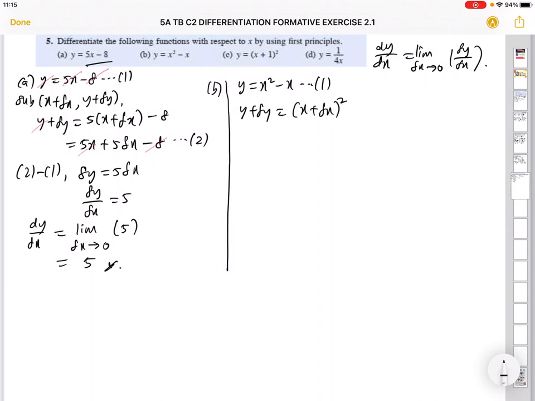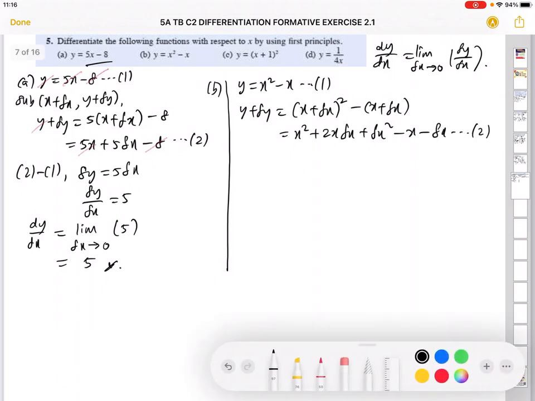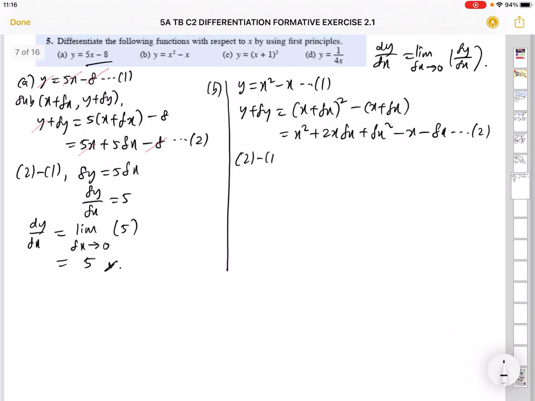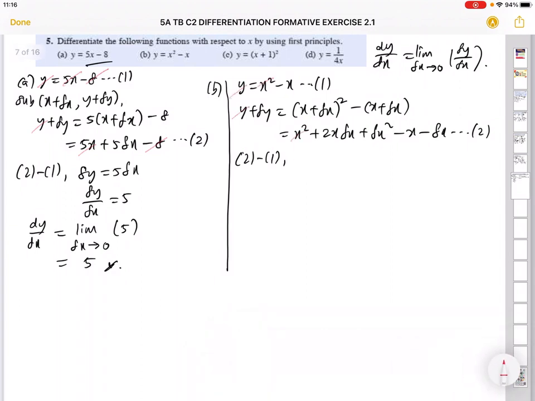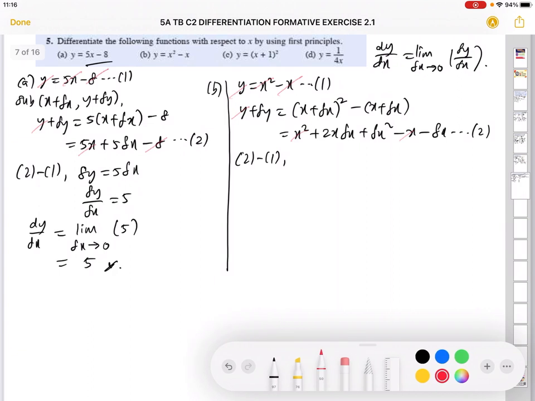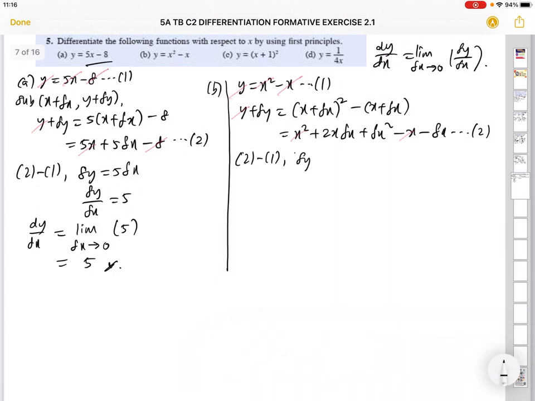Okay, let us expand the bracket first. And I hope you already know, in the previous question, I've already shown you 2x delta x plus delta x squared. Yeah, and the negative I times inside the second equation. So by taking equation 2 minus 1, we'll just strike off all the ones without delta y, delta x. Cancel this, cancel this, cancel this. Okay, so what do you have left? You have delta y equals 2x delta x plus delta x squared